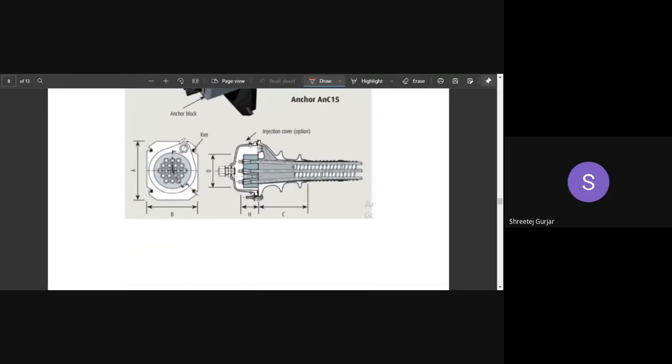So you can see from your front, this is how your anchorage plate looks. You can see many wedges holding your strands. And this is your side cross section. You can see this is the duct, this is your trumpet, this is your grout port which is provided so that you can pass your cement paste later and grout your duct. And these are individual wedges. You can see 1, 2, and 3. And this is your cover or your cap which is provided. Okay, so this is an example of how your anchorage looks.